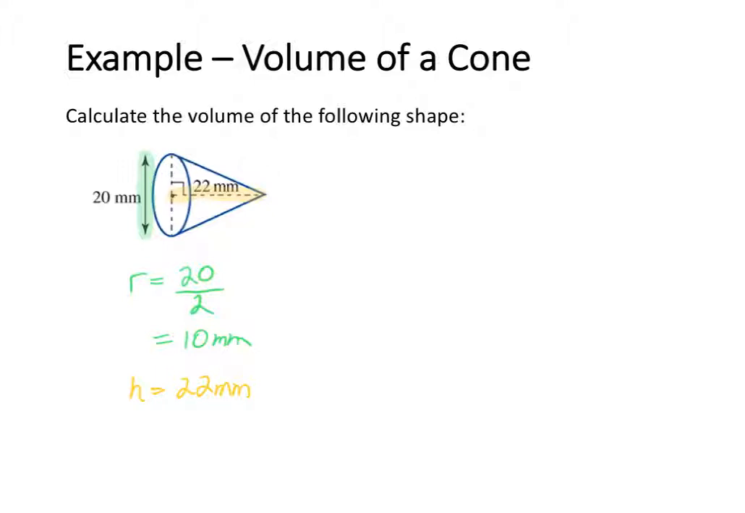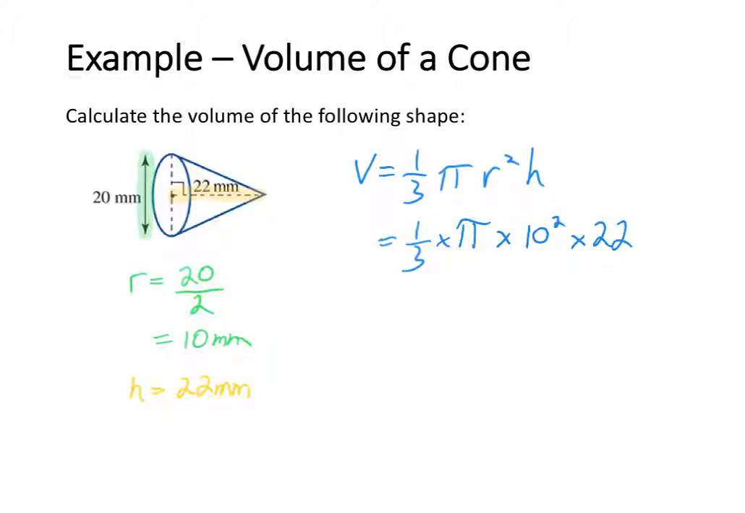My first step is going to be write down the formula. So volume is equal to 1/3 times pi times radius squared times the height of the cone. After I've completed writing the formula, I need to substitute in my values. So it's going to equal 1/3 times pi times my radius, which is 10, so 10 squared, times the height, which is 22. So putting those values into the calculator, I can calculate the answer to be